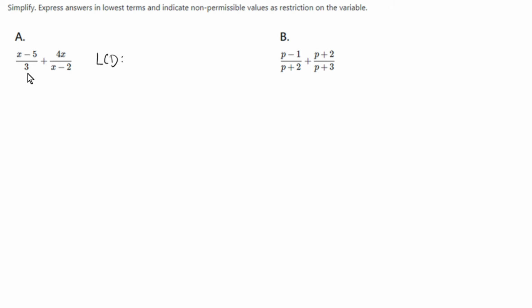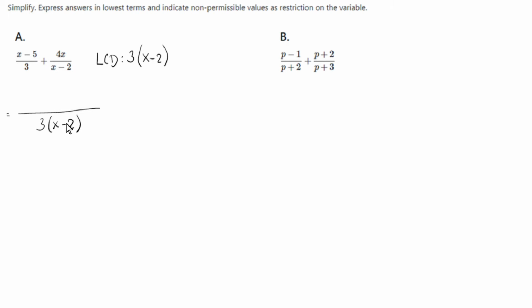And a simple technique to determine the lowest common denominator is to simply multiply the two denominators. So it's going to be 3 times x minus 2. So our lowest common denominator here consists of two factors, the monomial 3 and the binomial x minus 2. Now we're going to put the expression on a common division line with that